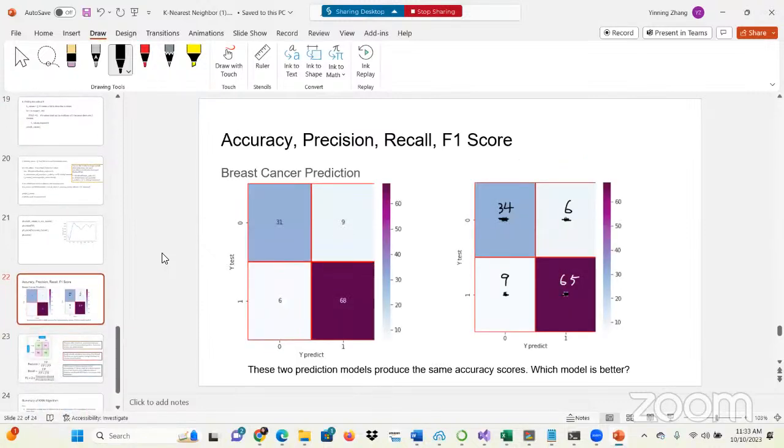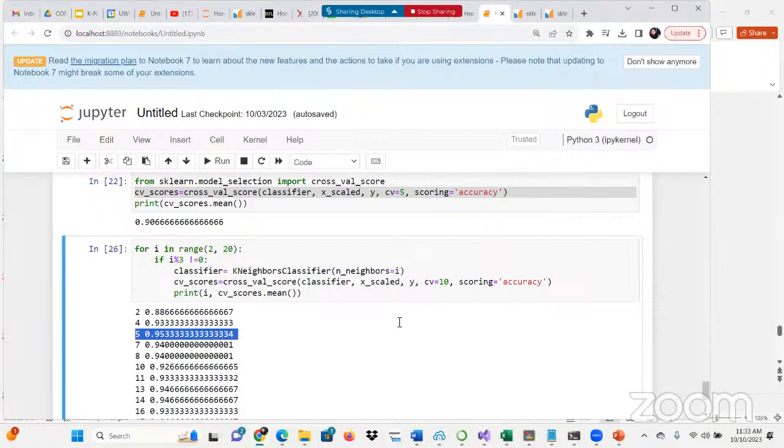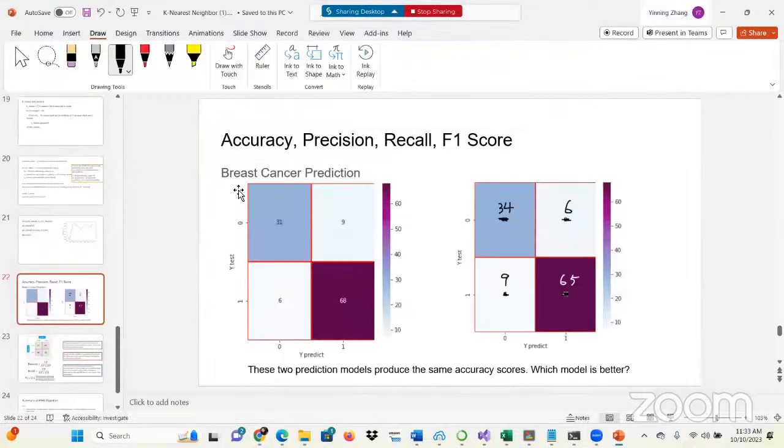Next one, we want to talk about accuracy, precision, and different measuring metrics. So here, this is not a good case. So here I used another case to explain this. Here we want to predict breast cancer. Here we have 2 cases, 2 models, 2 prediction models. They give us this result. If we only use accuracy, what we can see is